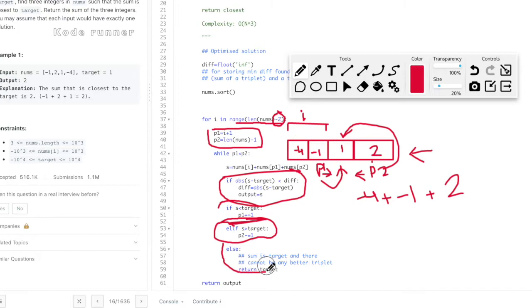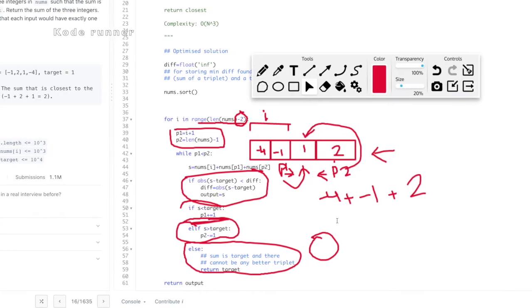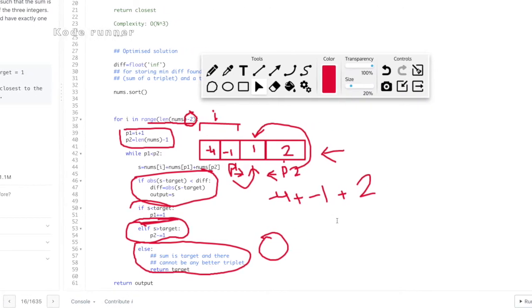In the last case, we will have that the value of sum is same as target. This means that the difference between the sum value and target is 0, and thus, there can never exist a difference between the sum and target which is smaller than 0. So, if ever the sum and the target value become equal, we can just return the target value. Otherwise,